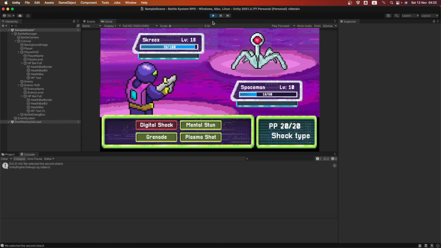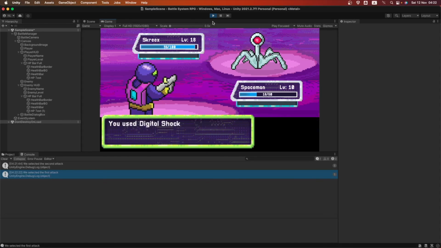I gotta go back into my game and add some more stuff. So I'm gonna be coming back to the series, but later. For now, you already have a working system that you can implement in any type of turn-based game here in Unity, which is really, really cool.